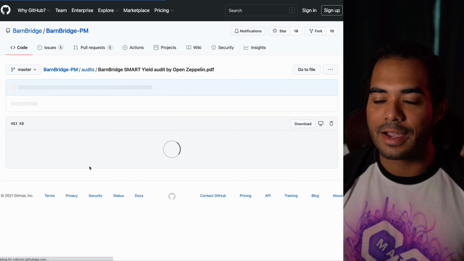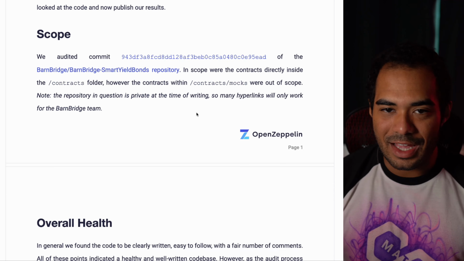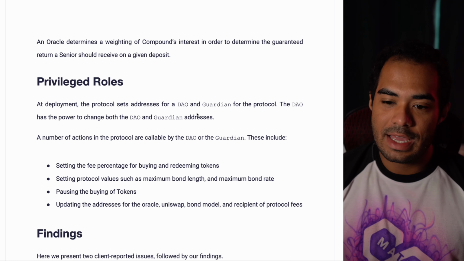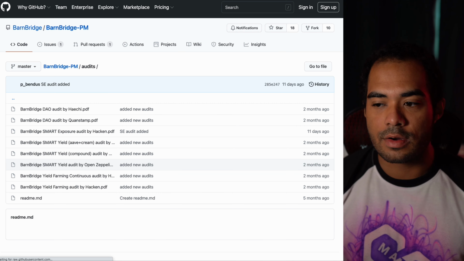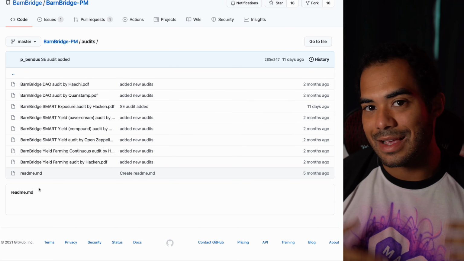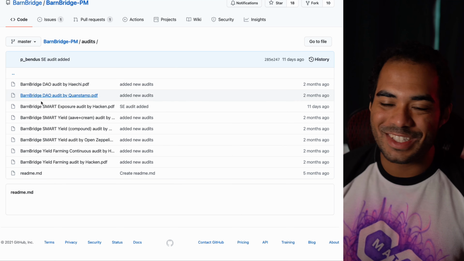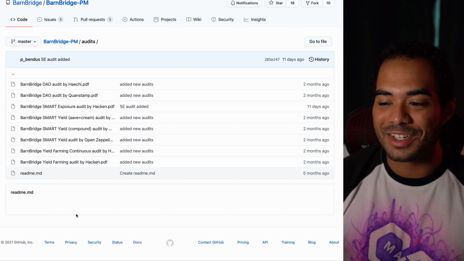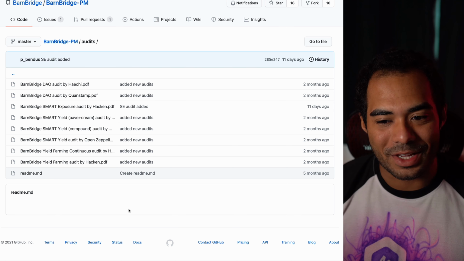You know what I mean? Again, not saying that they're bad engineers or anything like that. It's just something I need to always remember to say and keep in mind with any type of smart contract, any type of DeFi video, that there is always smart contract risk. And these guys look as legitimate as they can get. Definitely a lot more legitimate than the stuff you see on the Binance Smart Chain and sometimes even on the Polygon chain. But nonetheless, I just wanted to make sure I put that out there.